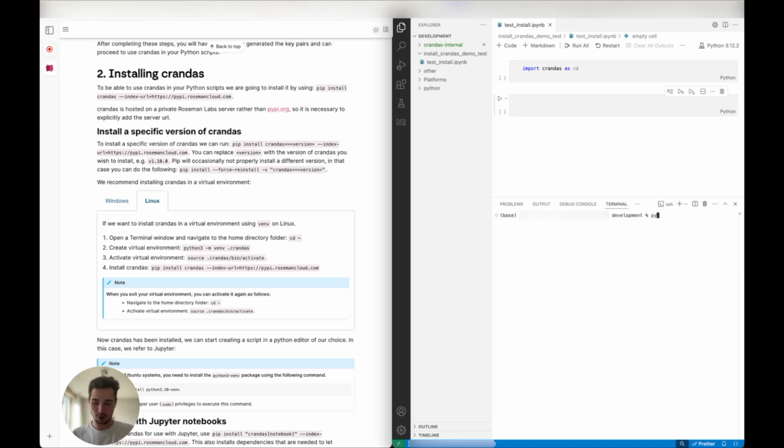Now the command for creating a virtual environment is the same for both Mac and Windows, which is python3 -m venv and then the name of the virtual environment, which we're going to call .crandas_install. Now you'll notice a new folder is created, which is for the virtual environment, and we are going to